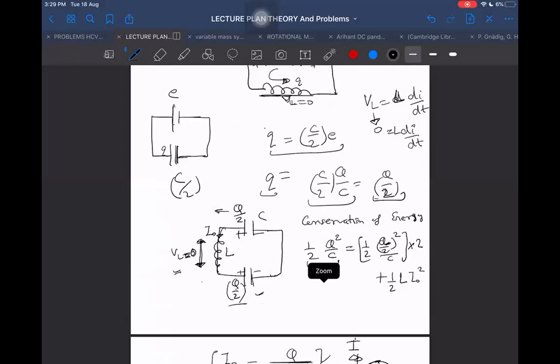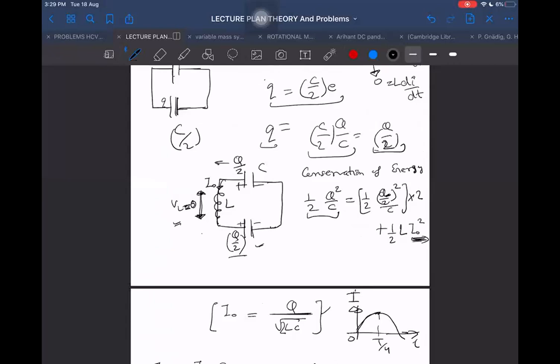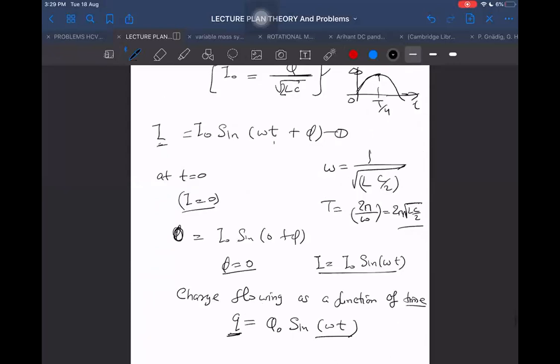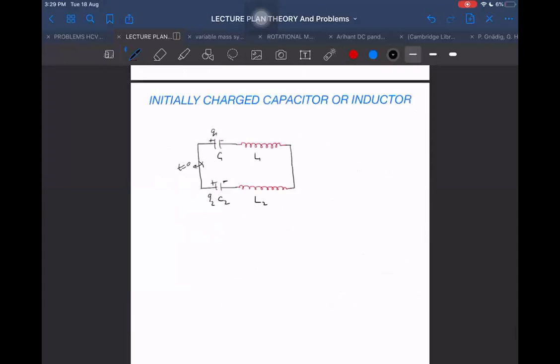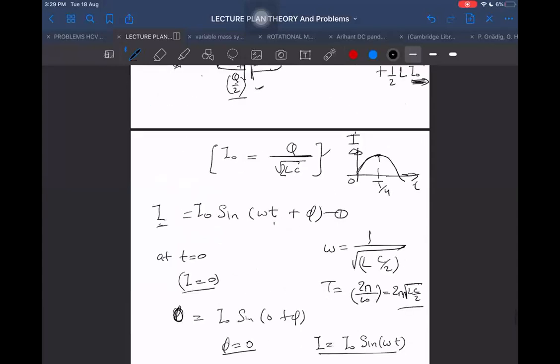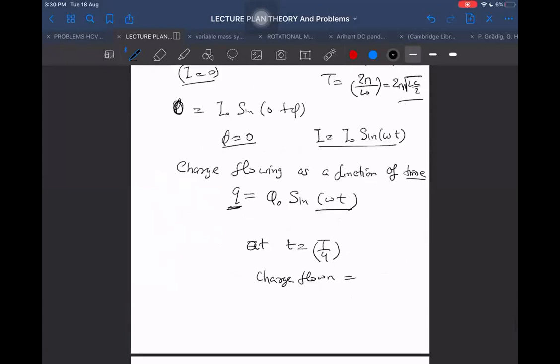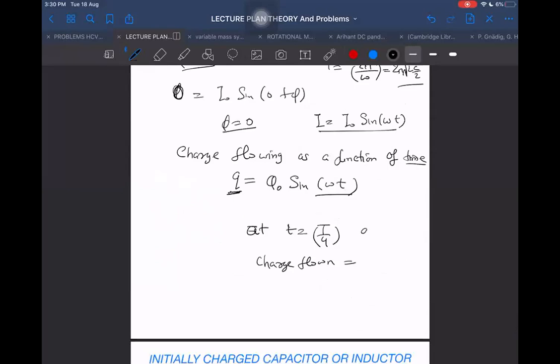I know this only because I proved it: when the current becomes maximum, di by dt is equal to 0. So when di by dt is 0, the slope of the I versus t graph is 0, and for that time we are finding out. So at that time it means we are finding for T/4 time only. Then at t equal to T/4, what will be the Q value here? Q was equal to Q/2, found before, and now we will use it here. So charge flown is this. So what do we get then? We get Q/2 is equal to Q0/2 into sine of omega into T/4.